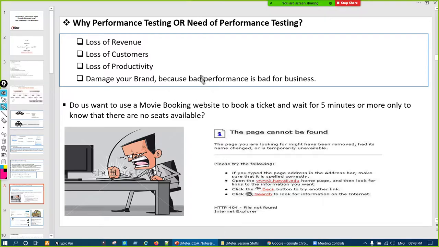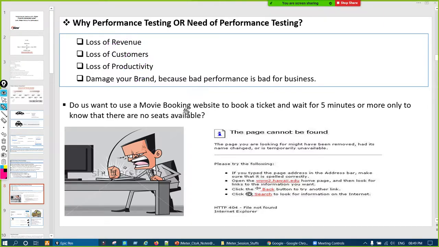Now, why is performance testing needed? To save the loss of revenue, loss of customers, loss of product, and damage to your brand, because bad performance of any application will damage your business.